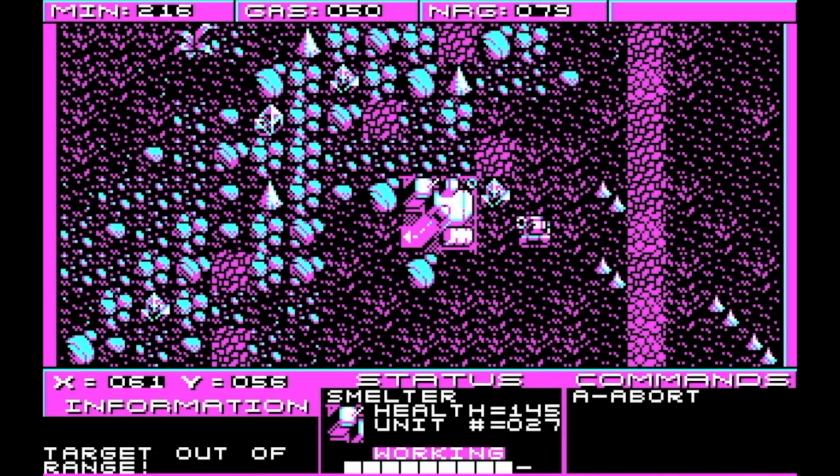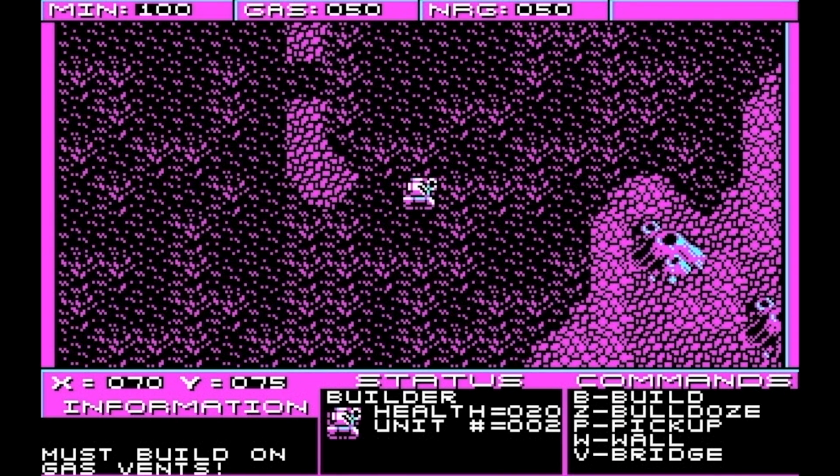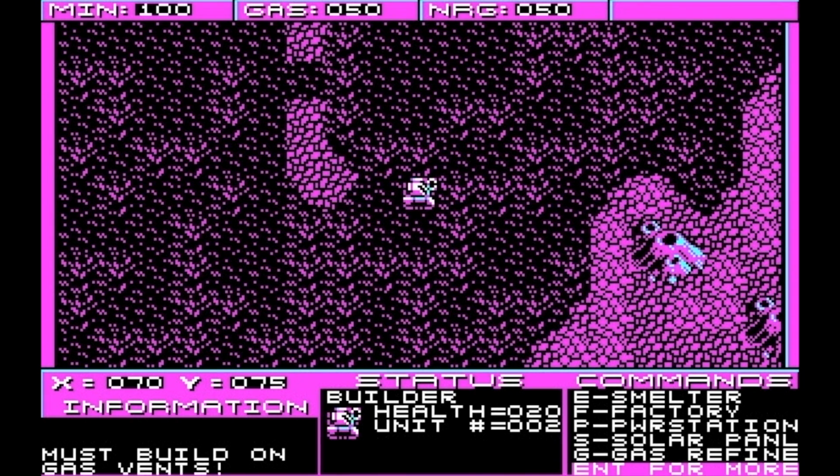And let's go watch the smelter, and you'll see that as soon as it's done processing this item, it'll automatically pull in the next one. I also wanted to show you the gas refineries. This is all very similar to Planet X2, but one thing I wanted to point out is that the builder